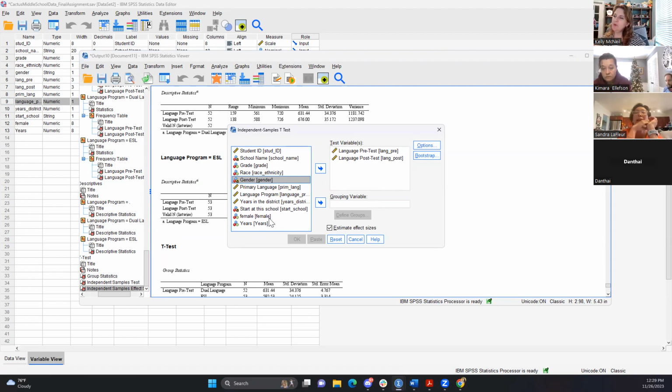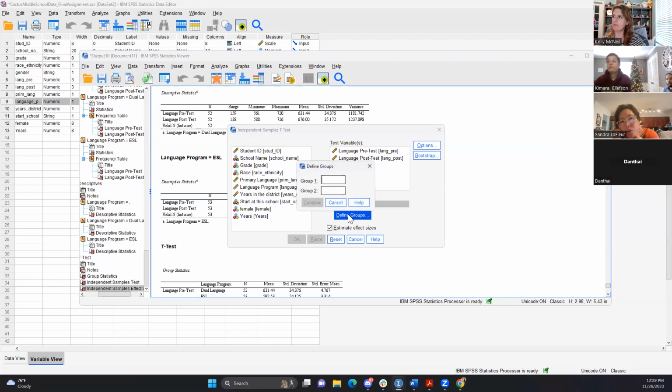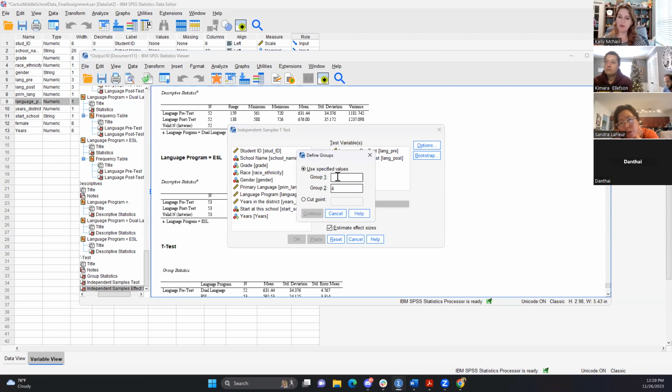So we would group it on gender or female. I don't know why we split that out. We created a new variable for some reason. I don't know if we needed to do that. I think you can use gender. But what were the groups? Is it M and F? I have to actually go check, because this has to be exact. Otherwise, just use your female variable. Yeah, use the female. Then you know. Group 1 is 1 and group 2 is 0.